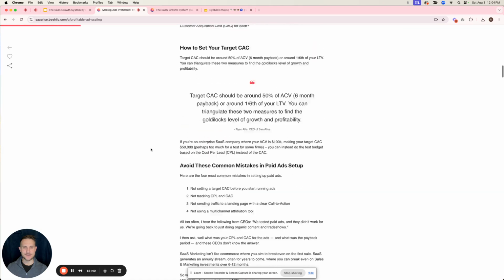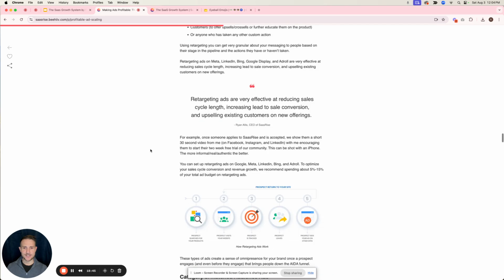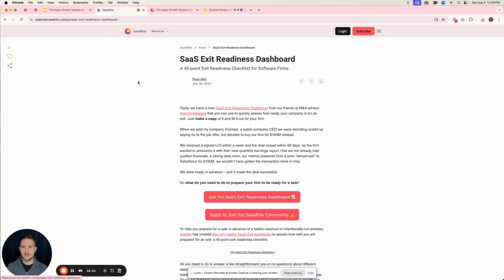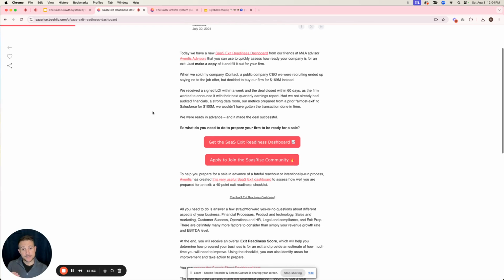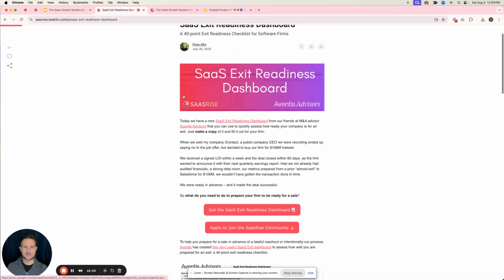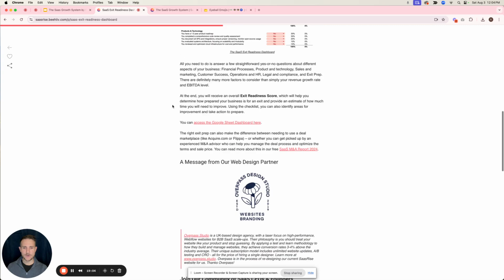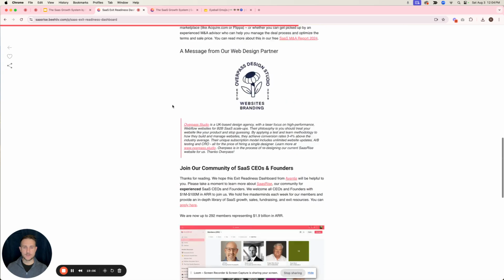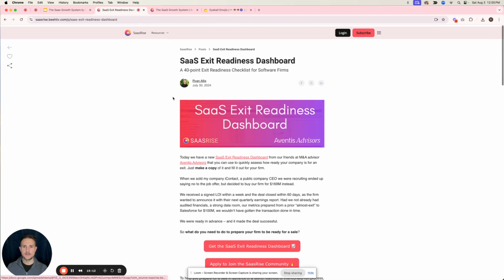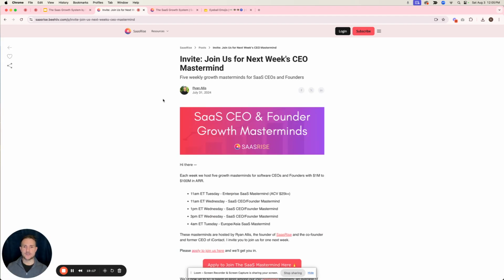that's about to load on making ads profitable. You can see here, this is probably 20 pages, 30 pages long, has lots of graphics in it, lots of spreadsheets in it. And we alternate between that type of content, and I write this myself, with shorter content that's like templates and dashboards. And you can see here, call to actions always either apply to join or get the dashboard. This was created by one of our partner members, Aventus Advisors, and it's a great way to get awareness out of what we do and who we are, as well as our partners like Aventus Advisor and Overpass Studio, who's doing our new website. And we alternate that with short form content,